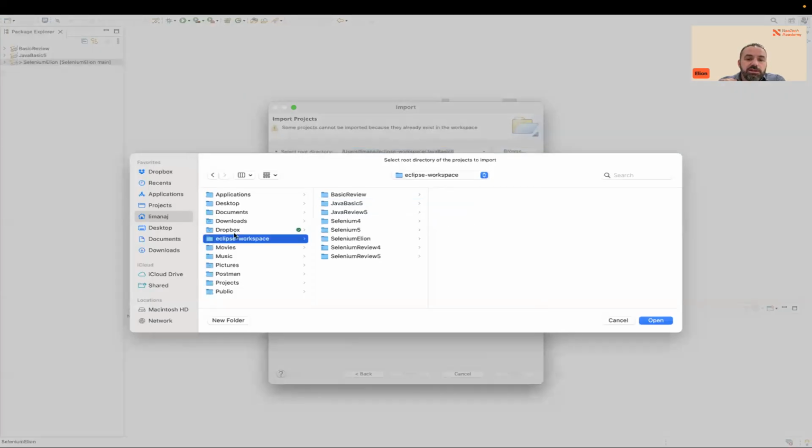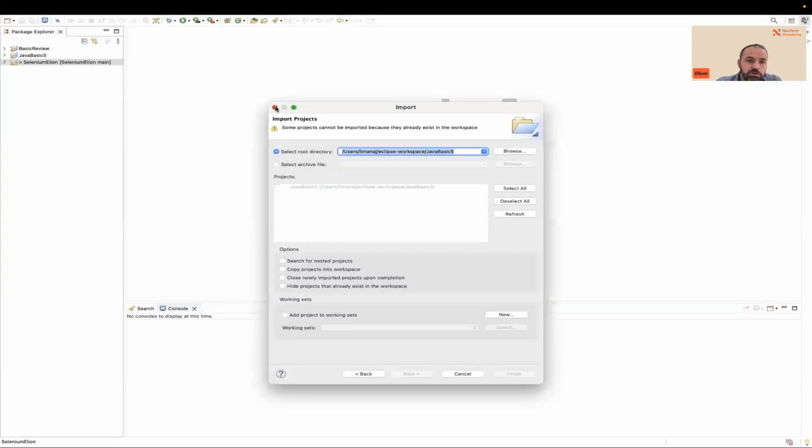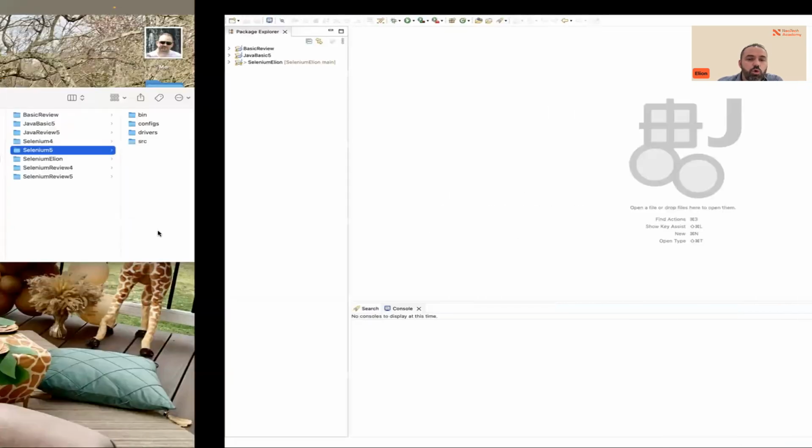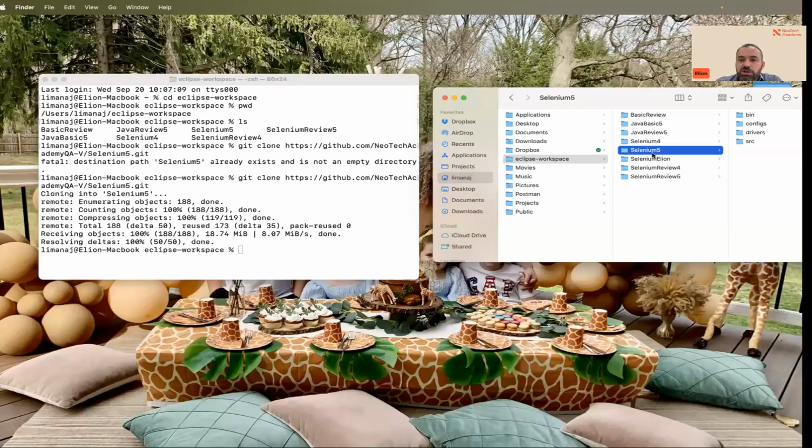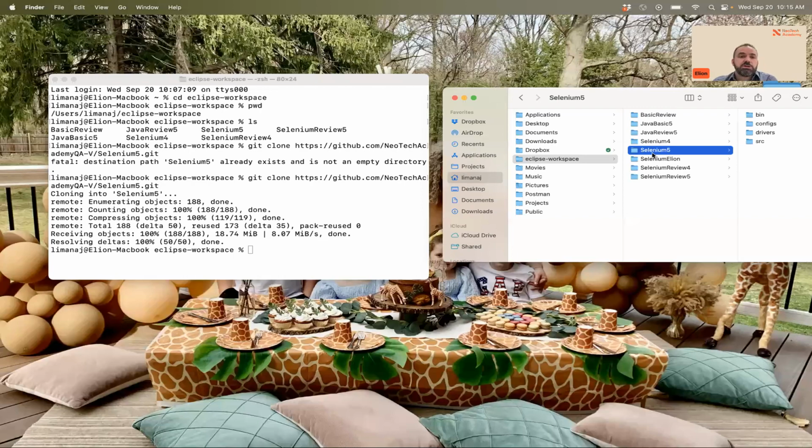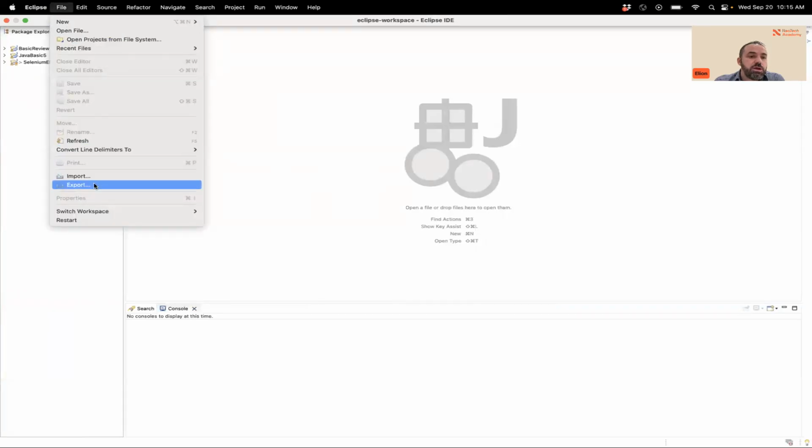It's under my Eclipse, Selenium 5. That is the location of my project that I want to open. I'm going to do it one more time so that you can learn it, okay? So I want to open Selenium 5 project into my Eclipse. I'm going to go to Eclipse. I'm going to say here, File, Import,